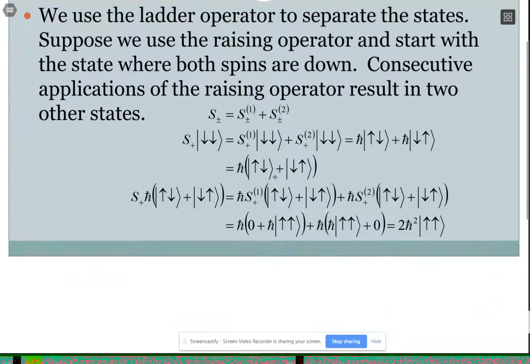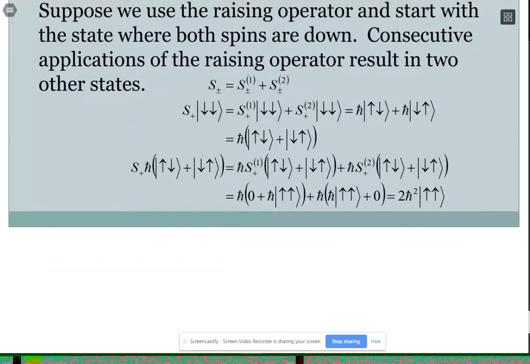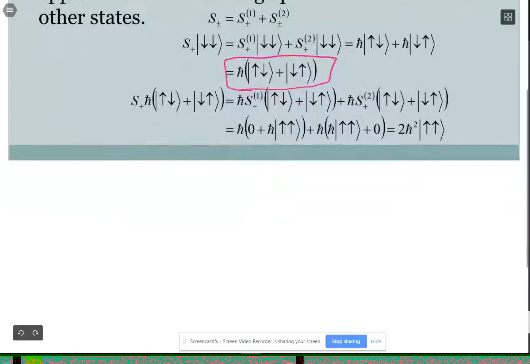As you can see, yes. Here I showed the raising operator on the down, and we got to this state. And then if you use the raising operator on that state, and so here I didn't even worry about the normalization. I just did the raising operator on it again. Then we're going to have, of course,